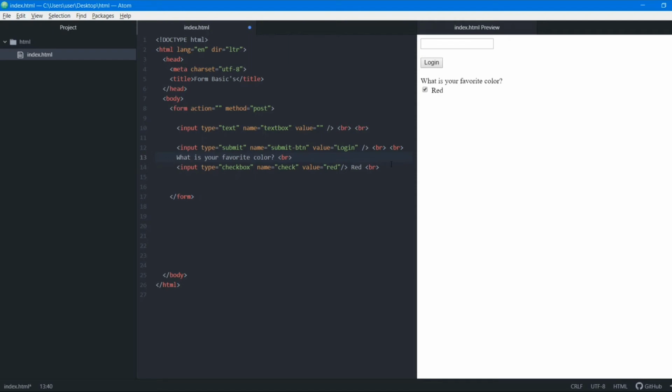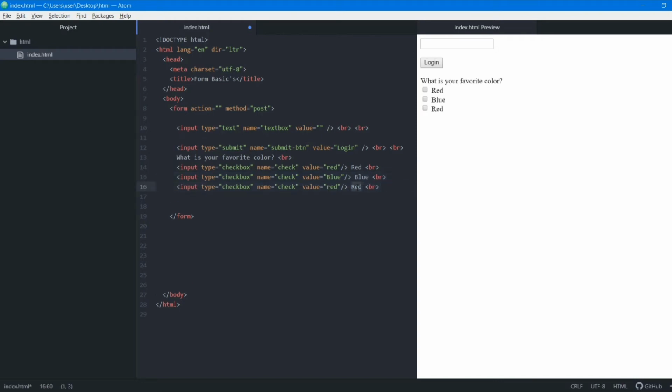So it's a checkbox. Always remember that the value you've written here should be similar to the text outside. So let's create one more. I'll just copy this, paste it here. I'll change the value. I'll call it blue. So this blue should be present here. It should also be blue. Now you can see I can select red and blue, because I may have multiple favorite colors, right? And now I'll add one more.